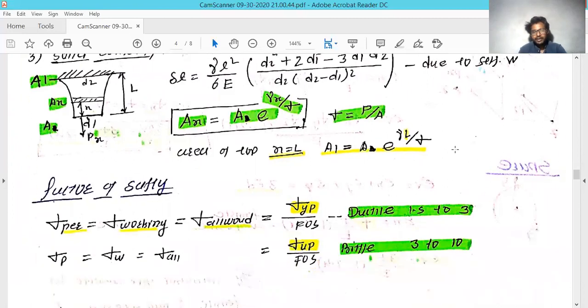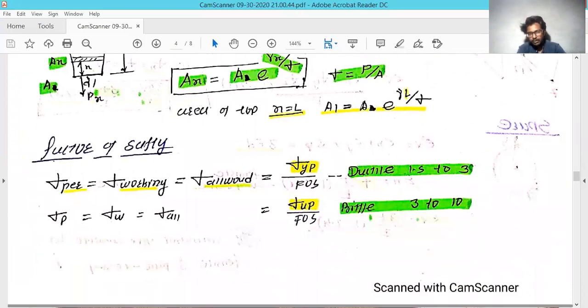So this is how you can find it out, but this is not useful compared to the previous two cross sections. On the basis of those two cross sections, most of the time they ask questions, and they only change the cross section to a different cross section. So with respect to that, you have to understand which cross section is going to deform the other cross section. On the basis of that, they make a complicated numerical.